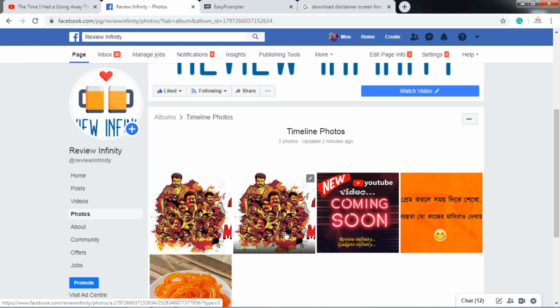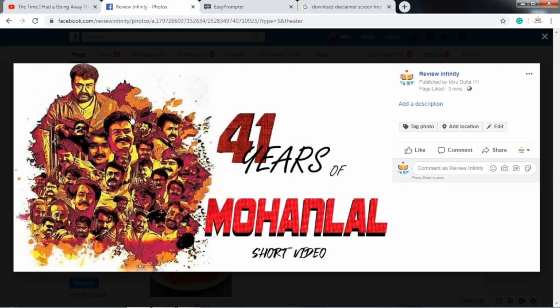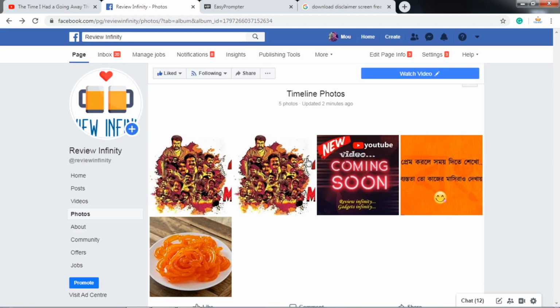These are the photos that I have already posted in my timeline. So let's click the photo that I have created. So this is the photo that I have already posted in the timeline. Now I need to move this particular image. So there are only 2 ways. One is there's a pen symbol in the top right corner of this image, where if you take your cursor over there, it will show edit or remove. The same thing that you can see right now on the screen.